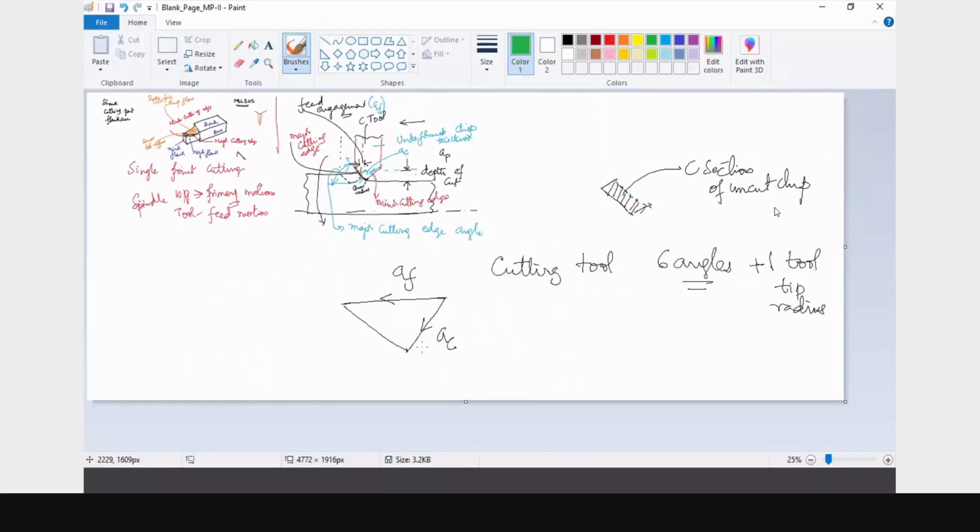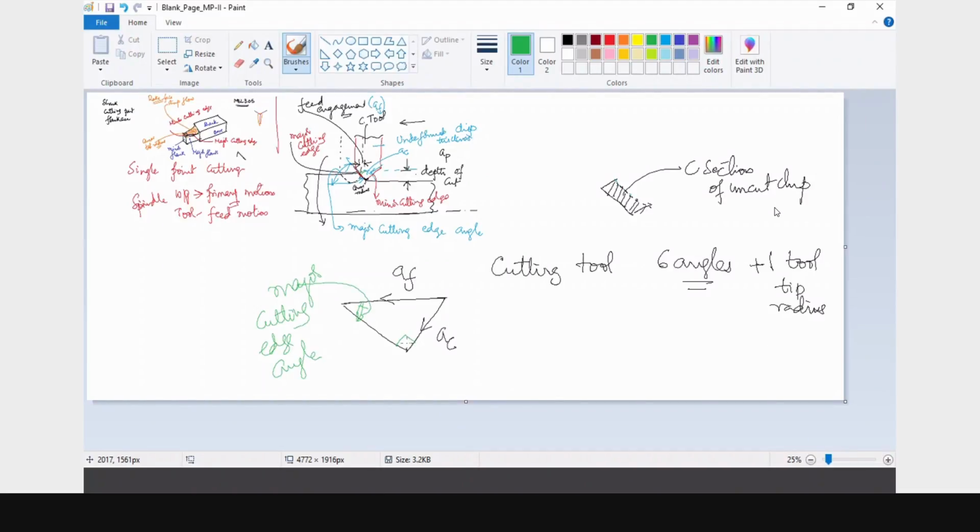So this angle is nothing but your major cutting edge angle. Fine. So this is basically the perpendicular between these two.